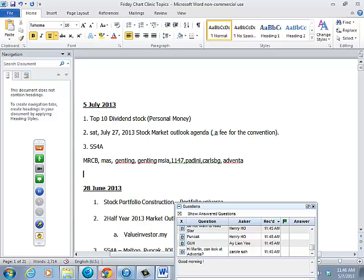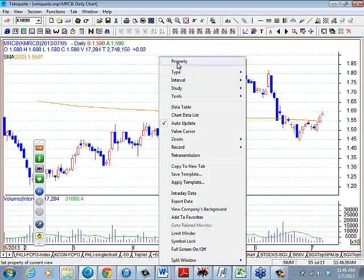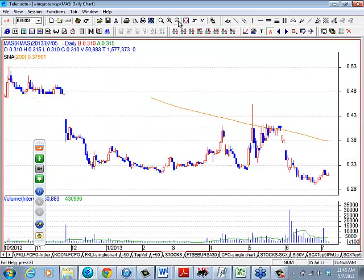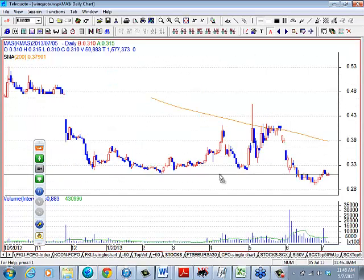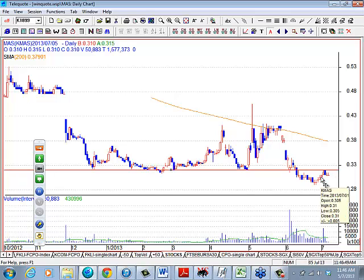Next one is the favorite of everybody, a recovery play, MAS. A lot of people are playing it. Now, like it or not, MAS has broken below the ice. This is what I mean, it's going to have a tough time here. The first price rejection was at 31.32. So it's plowing back, holding up here. That's very little edge actually. As long as once you break through this major